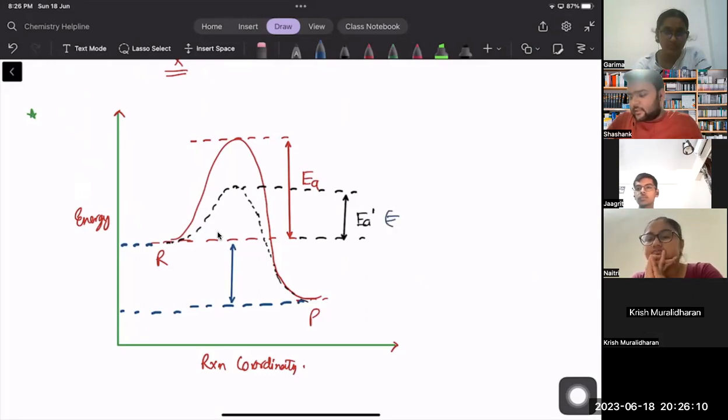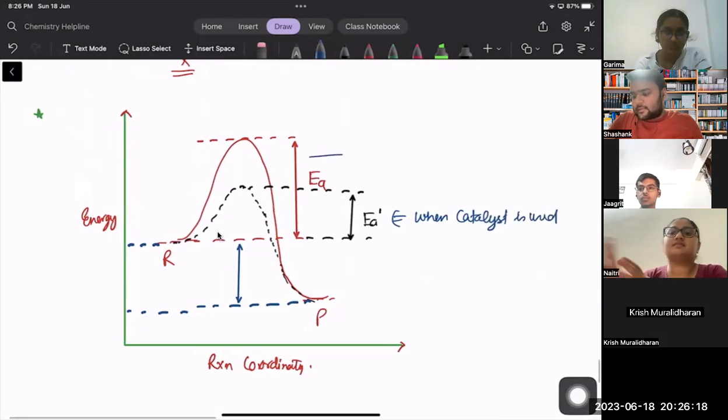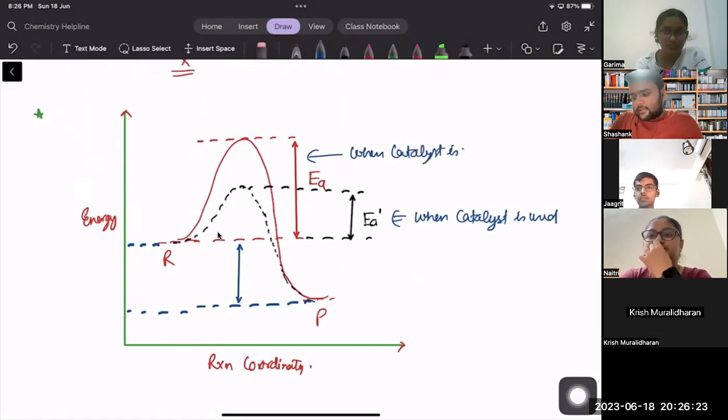This is when catalyst is used. This is when catalyst is not used. But if you look at the energy difference between reactant and product, nothing is changing. It remains the same. You use catalyst, you do not use catalyst. The energy change between reactant and product is not going to change. Right? So I can make a claim here also that